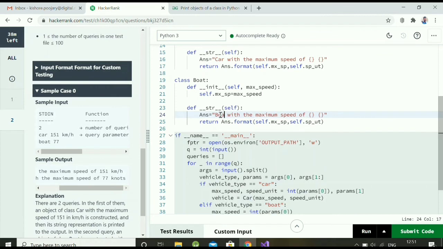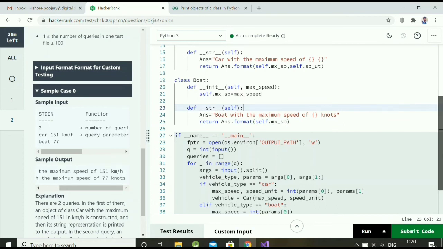Here we just need to change both, because you can see in the sample output the second line is boat. So boat with the maximum speed, and that maximum speed we need to take from the bracket. And another one is nothing but knots, as you can see in the sample output. Just format only one maximum speed, that's it.